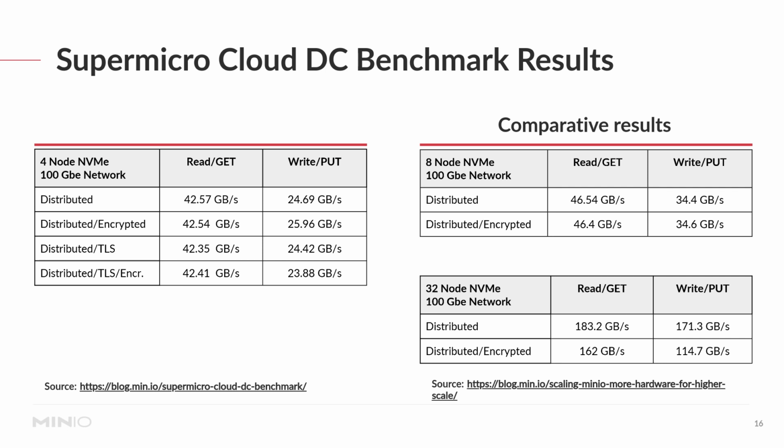Once again, we found that network bandwidth was more of a bottleneck than anything else on the system. You can see we got reads that are on the order of 42, 43 gigabytes per second, writes in the order of 24 or 25